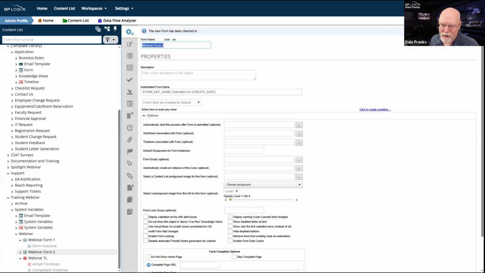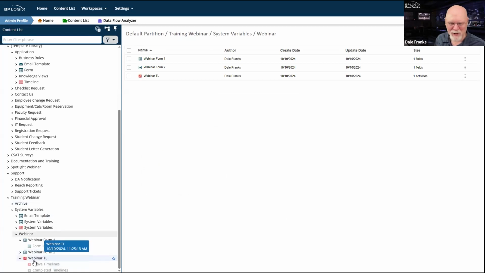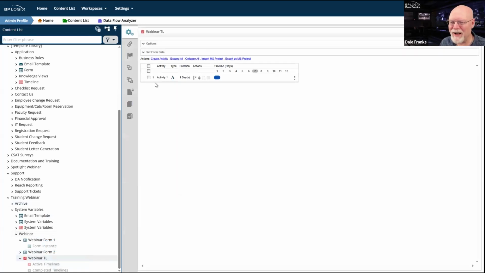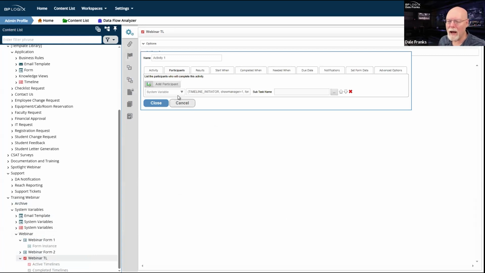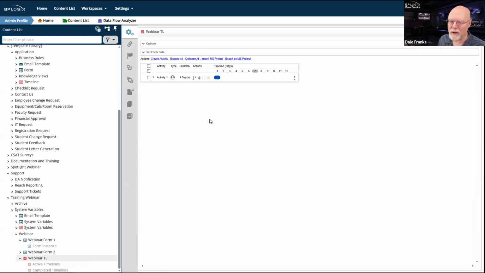And we're doing all of this so that I can build a knowledge view. Now I'm starting to think maybe I should have pre-built this first, but I didn't. So here we are. So activity 1, we're obviously going to make this back to timeline initiator so that I get assigned the task. And we're also going to turn that off so that it's one less email notification that I have to clear out whenever I end the webinar.